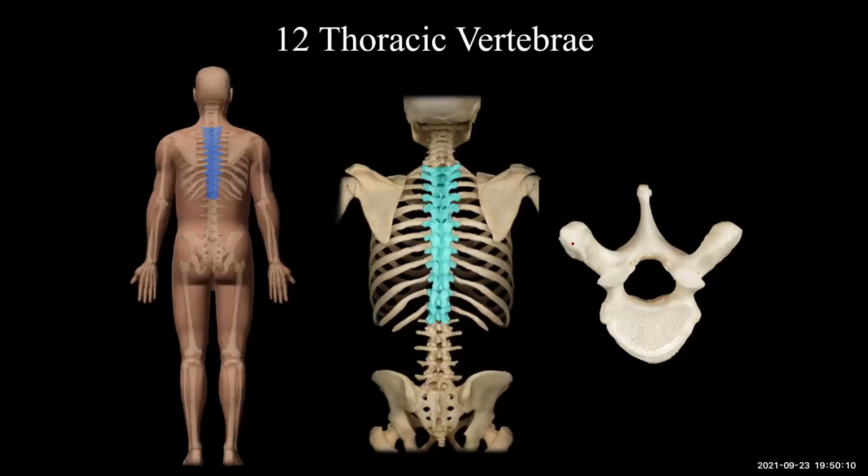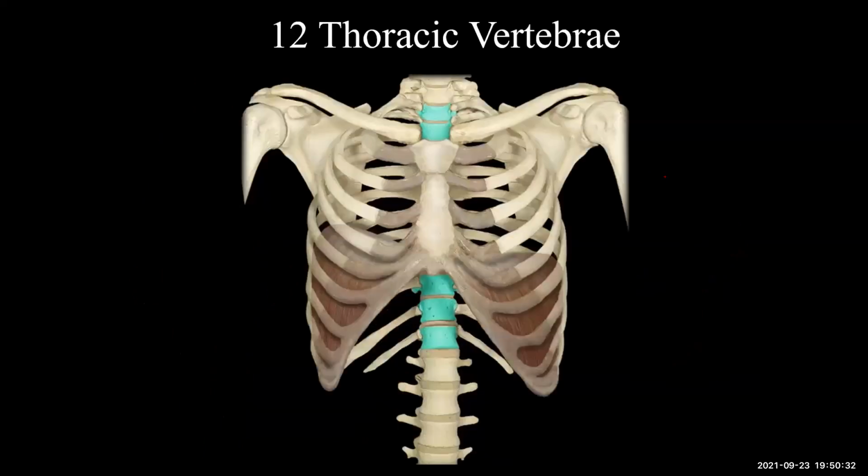Here you can see all of the thoracic vertebrae. Now look at this bone over here. Tell me that's not an irregular bone. It's a strangely shaped bone. That's what vertebrae appear as. They're oddly shaped, and we'll go through all of those. Here you can see all the thoracic vertebrae, and all of them will articulate with at least 1 pair